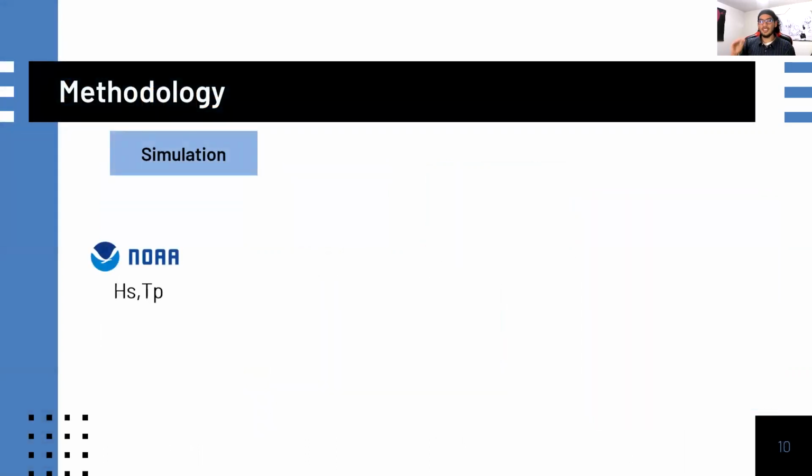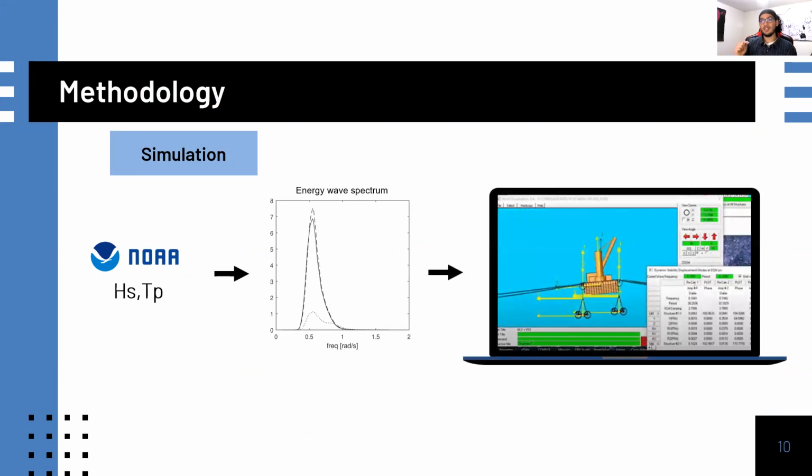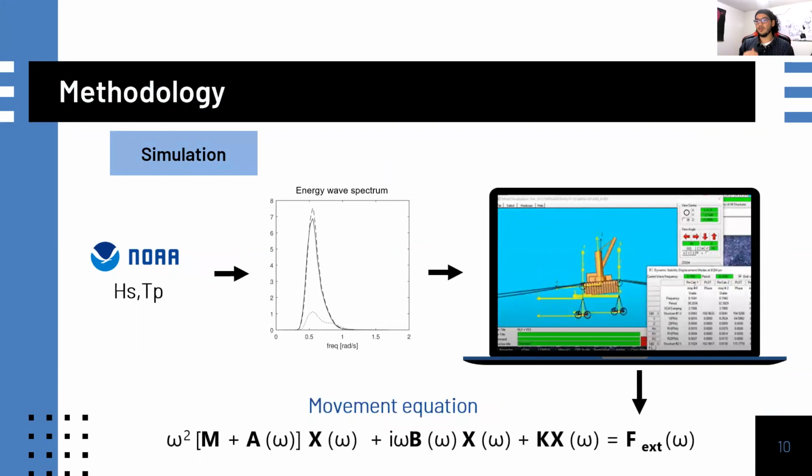We propose this methodology. First, the historical data of HS and TP was taken to generate an energy wave spectrum, which characterized the forces in a specific time. This was inserted in a dynamic system with geometric aspects of the crane ship study in order to solve the differential equation of the movement. This equation gives the dynamic behavior of the ship and plates,